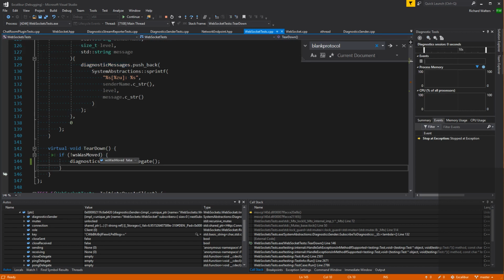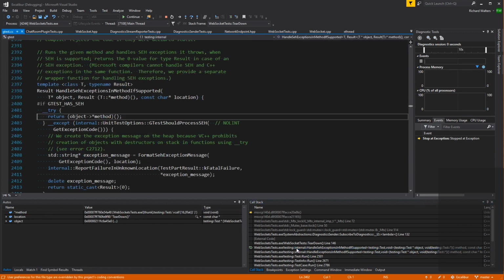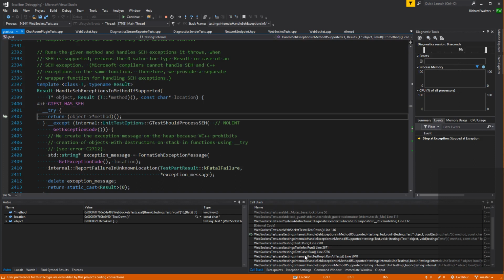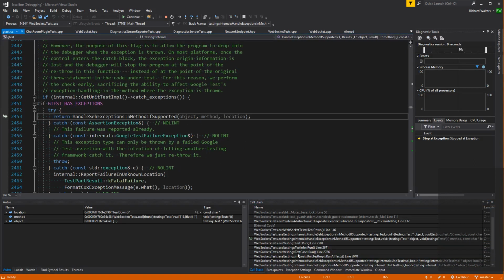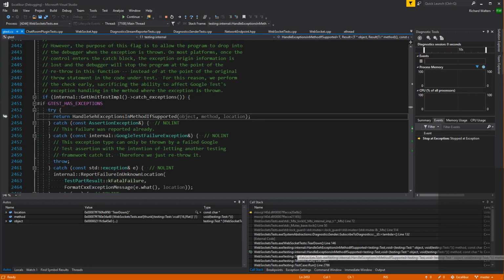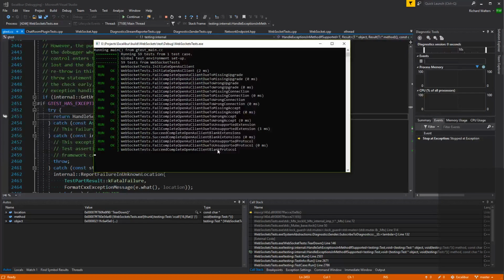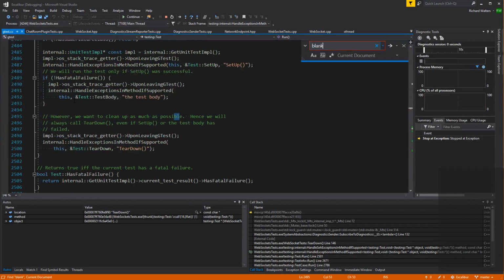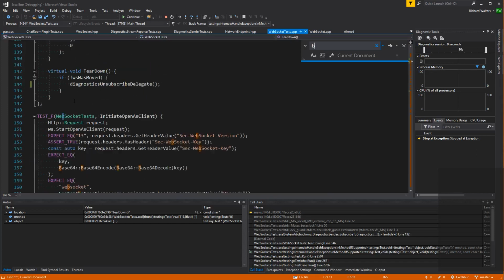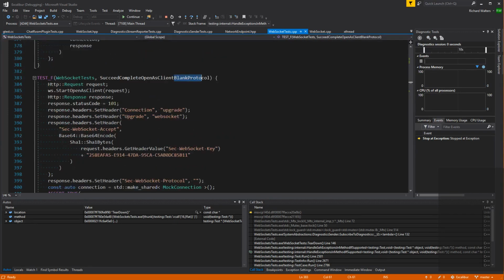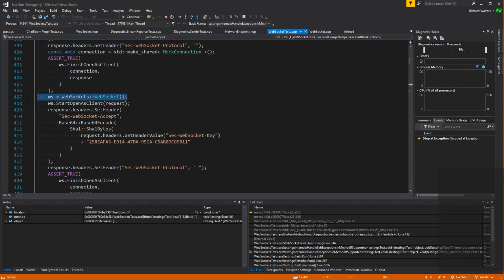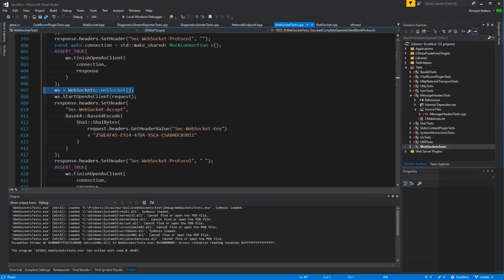Huh. Oh, is it because we moved it? And we didn't mark that we moved it? I think that's what it was. So in this test, where is it? Not there. Okay, it won't show it because the test already exited, but in this one that ends with blank protocol, it reassigns the WebSocket, but I forgot to mark that we did that, so we should do that.